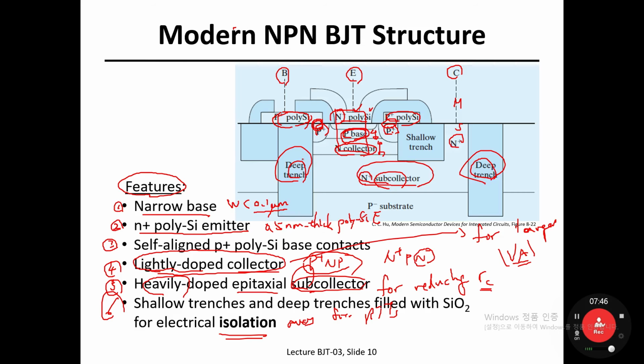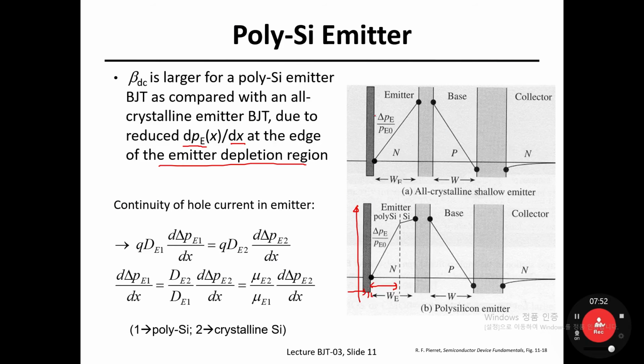So go back to this polysilicon, take a look at here. Then we're going to achieve this less steep slope in the emitter side. Since the whole current should flow continuously in the emitter, this diffusion current component should be identical at the interface between polysilicon and crystalline silicon. So from that, we can derive the full equation for excess minority carrier concentration as a function of x,